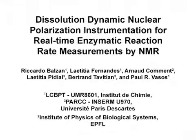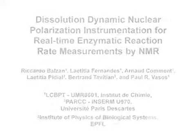The overall goal of this experiment is to follow enzymatic processes in real time by dynamic nuclear polarization-enhanced nuclear magnetic resonance. Magnetic resonance in the liquid state enhanced by dynamic nuclear polarization, DNP, can help answer key questions: how to determine, for instance, the rates of enzymatic transformation of biomolecules in cell or in vivo without having to alter these biomolecules